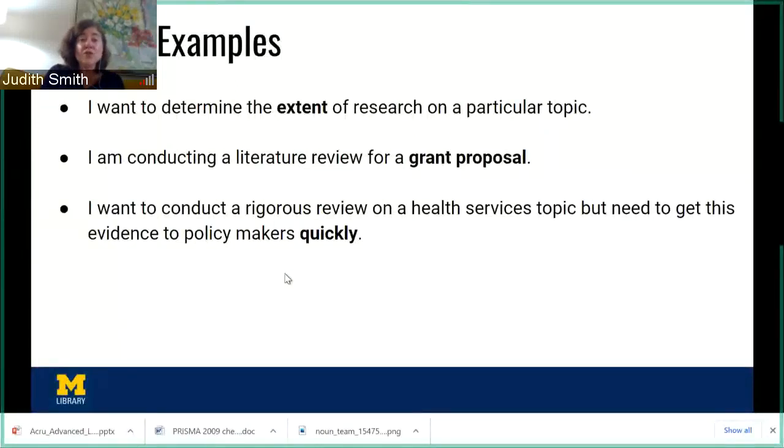Maybe you want to do a review on a health services research topic, but you want to get the evidence to policymakers quickly. Then there's something called a rapid review, where you are taking all the elements of a systematic review, but making very intentional abbreviations of that methodology. So there are lots of different types of reviews, and you want to think about your project.